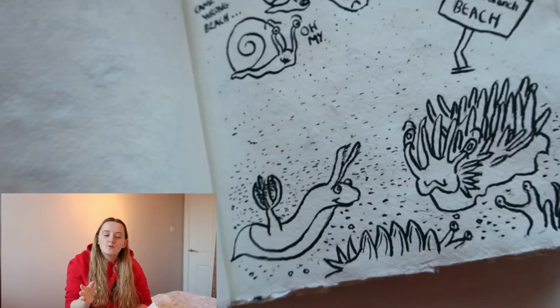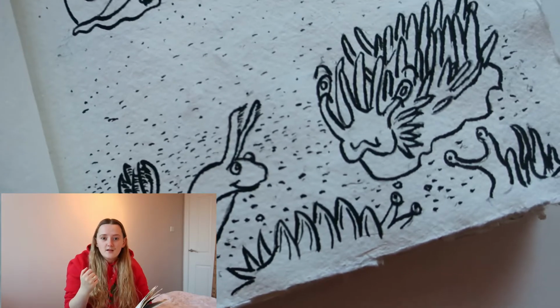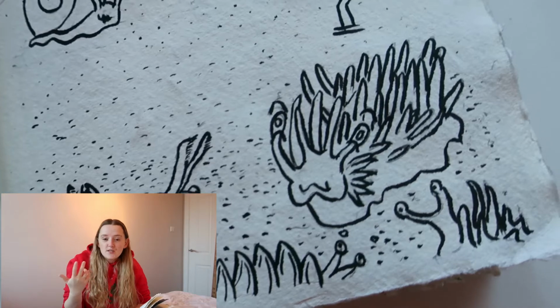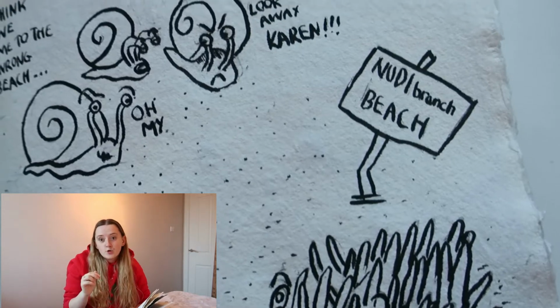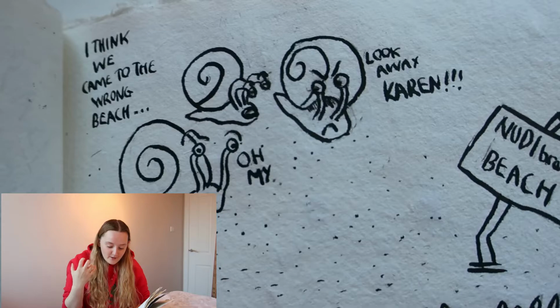The next day was one where I was like, right, let's go in with a joke. I'm not sure if people are going to find this funny, but I have had this idea in my head for a while. Let's do it. Nudibranchs are sea slugs. They don't have a shell, and obviously there are also sea snails. And nudibranch has the word nudie at the start, which sounds a lot like nude, or nudist. So I decided to do a comic about nudibranchs